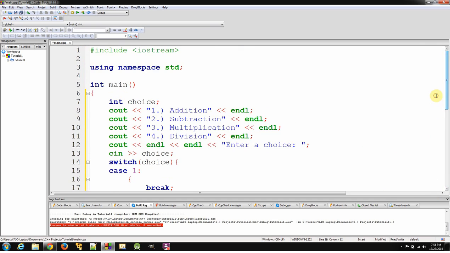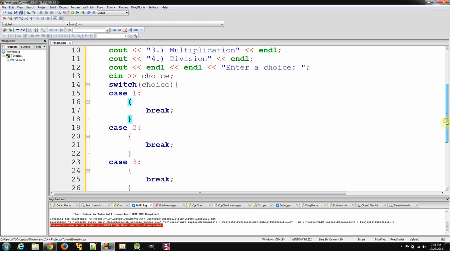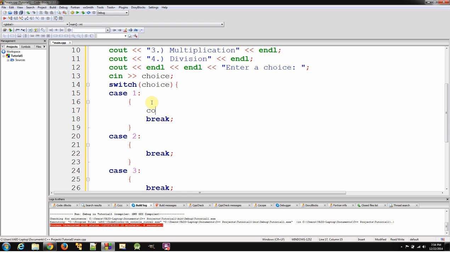Okay, so that being said, now that we have our choice entered, basically everything is going to be the same at this point. So we'll say, right here, we'll say enter number 1,